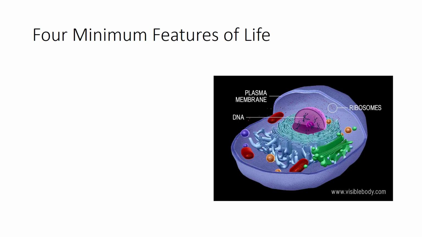So, life consists of cells. Those are the broadest ways that we can categorize cells. Now what we're going to do is look at the minimum features of life, because if we tried to look at all the features of life, you'd spend your whole life looking at that. These are the minimal features, meaning you can't take any one of these away and still have a cell.